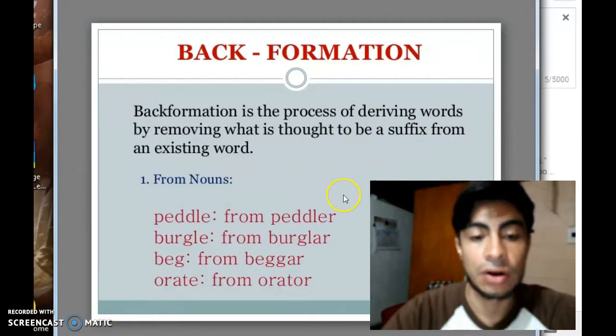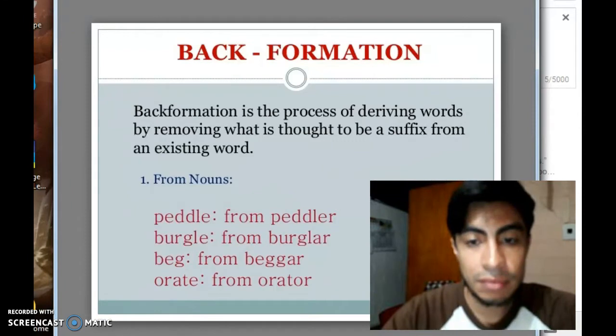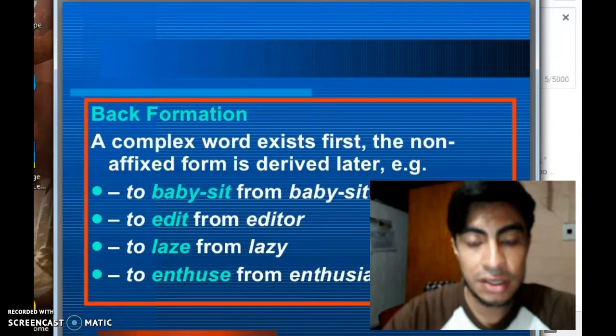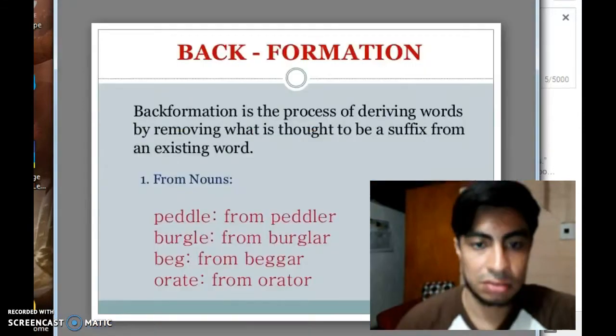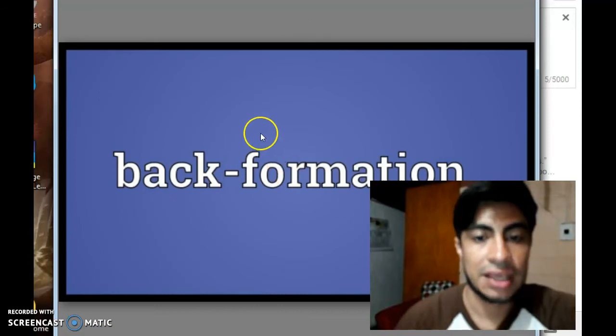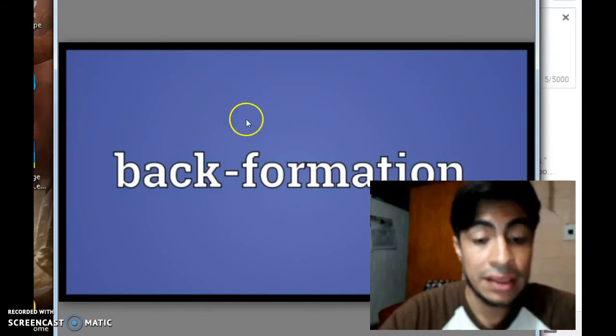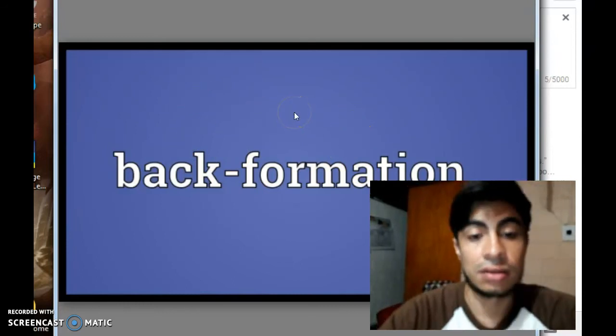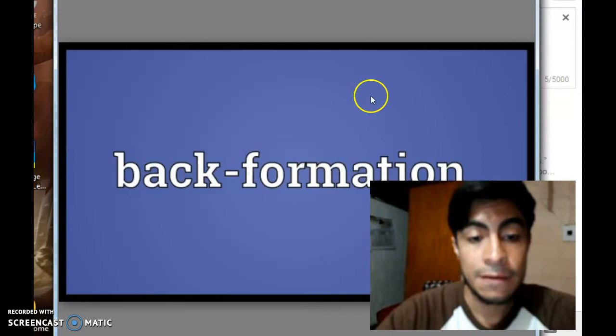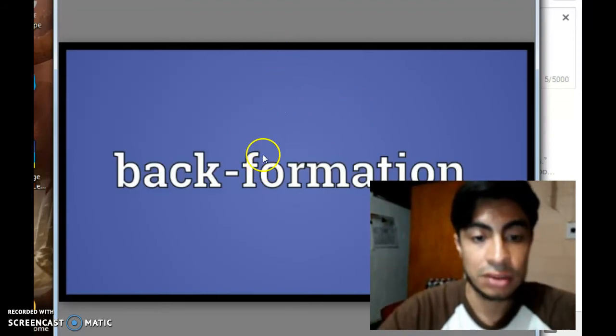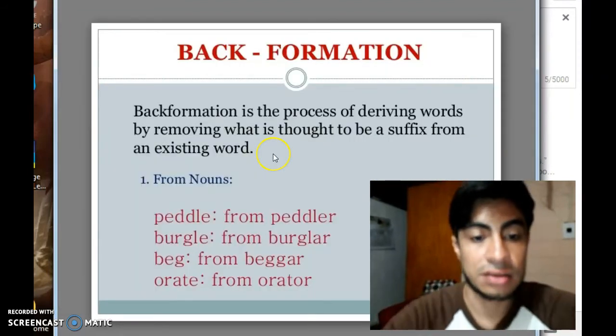But also backformation, to make it easier, backformation is when you've got a noun that already exists, and then you create a verb from this noun. So this is, as we can see in the example,